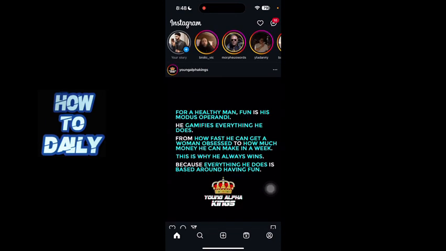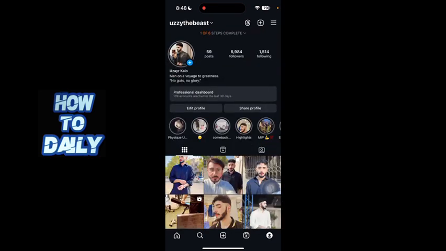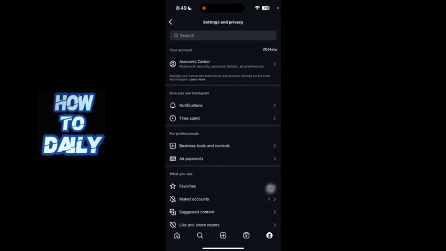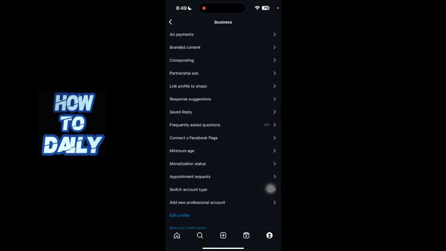Once you have done that, just click on the profile icon in the bottom right corner of the screen like this, and make sure you are using a business account, otherwise you won't get these options. After you are on your profile, just click on the three lines in the top right corner of the screen, and then just go to settings and privacy, and here just click on business tools and controls like this, and then